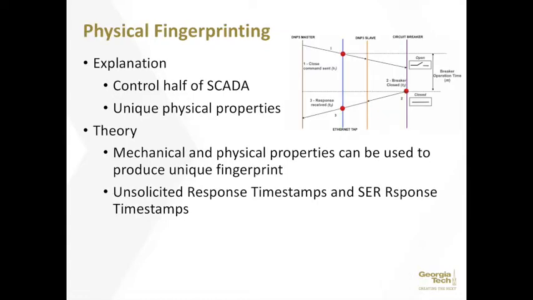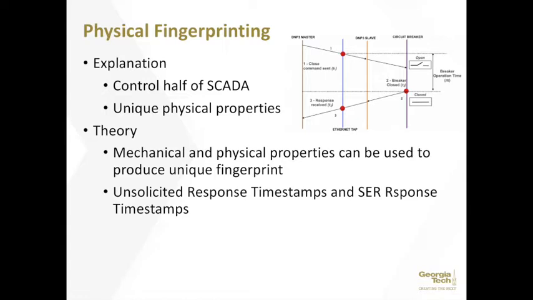Now, the second approach for fingerprinting that the paper produces is called physical fingerprinting, which is similar to CLRT. However, this kind of focuses on the operational times of the sensors themselves, specifically talking about the unique physical properties of each of the sensors. And the operation time measurements are then taken and used to build that fingerprint. Now, these operation times can be estimated in one of two ways.